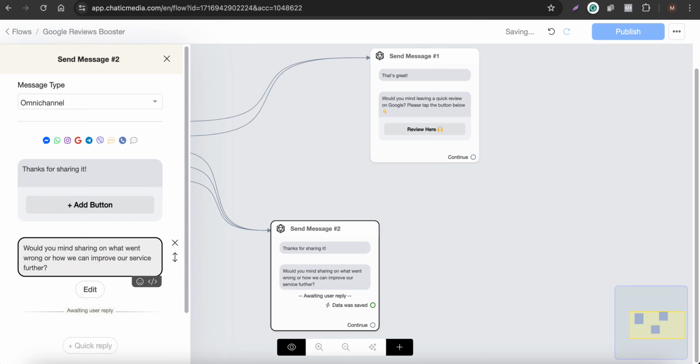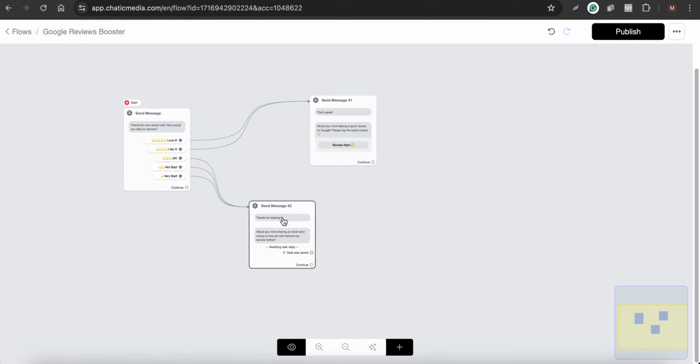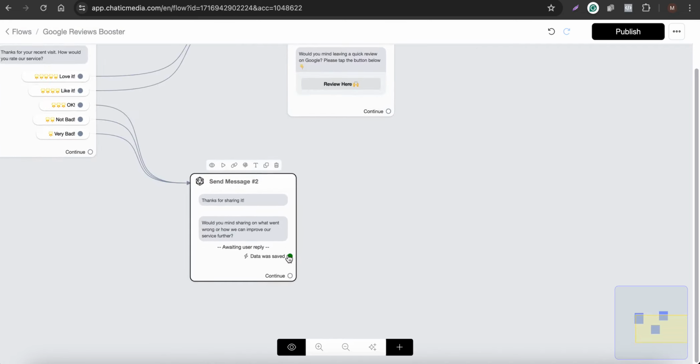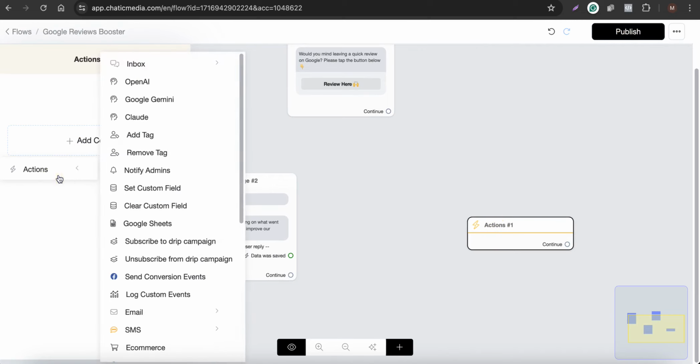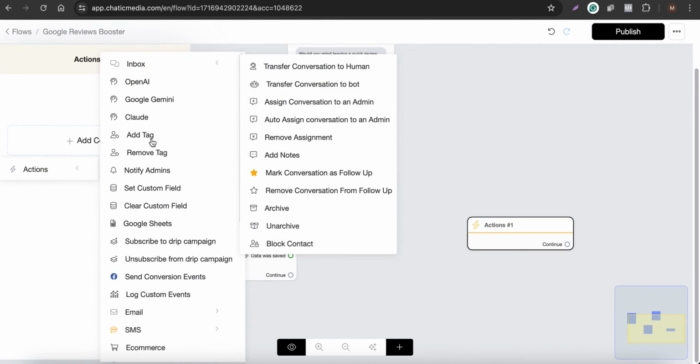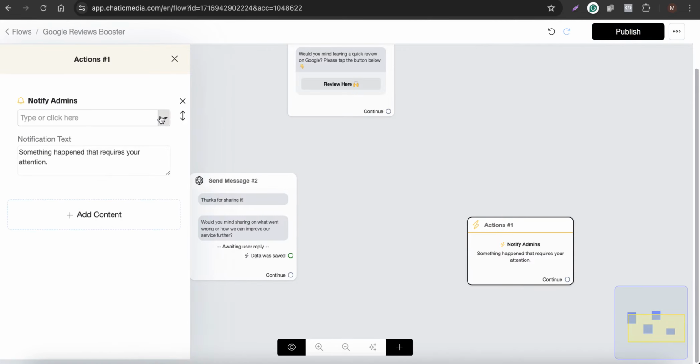So let me add this message as well. Would you mind sharing on what went wrong or how we can improve our service further? And here, let's add an action over here as well. So here you can actually notify the admins as well. So here, notify specific admins saying,